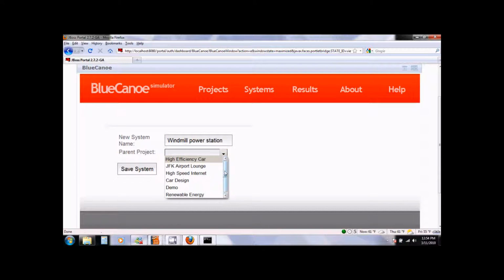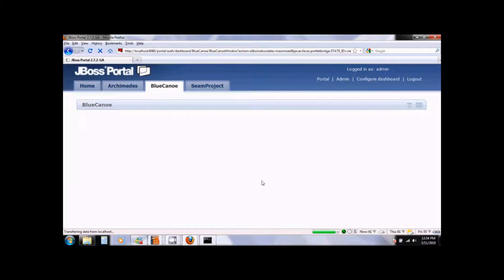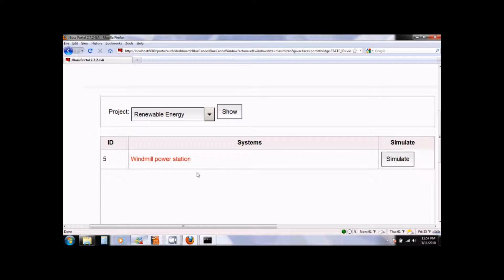So let me select the renewable energy project and I click on Save System. We can see that our new system has been created inside the renewable energy project. To go ahead and define our system, we simply click on it.